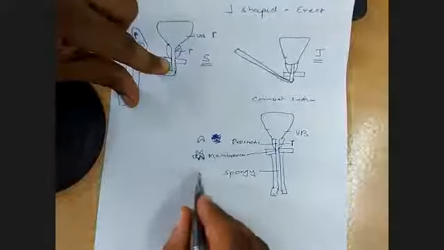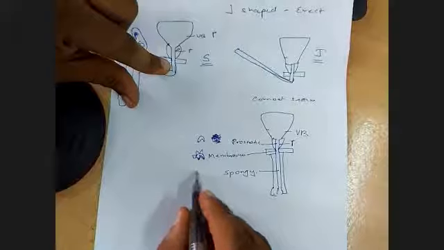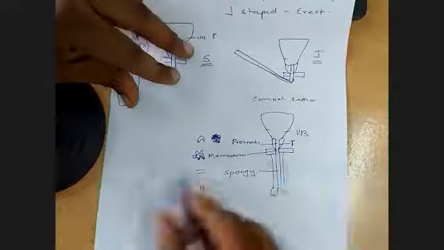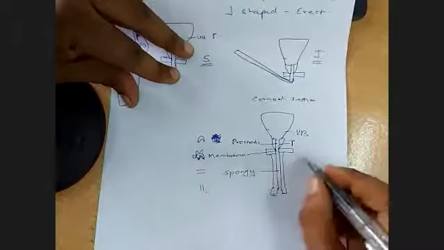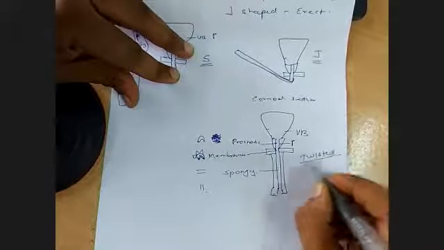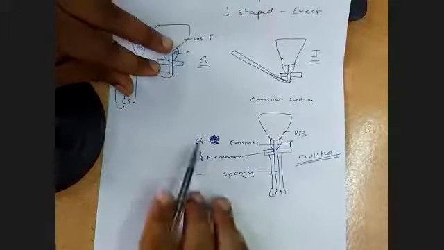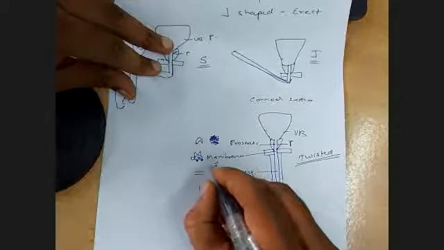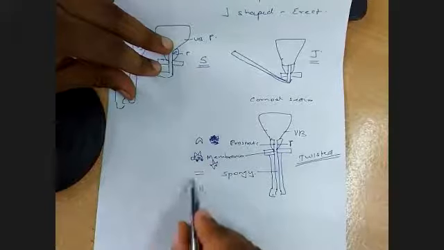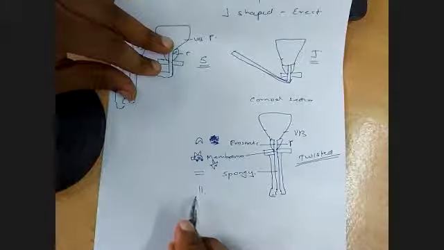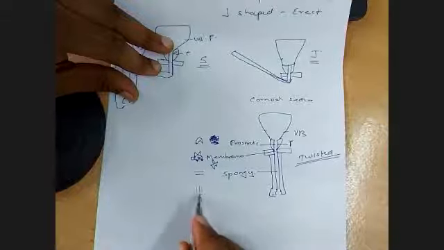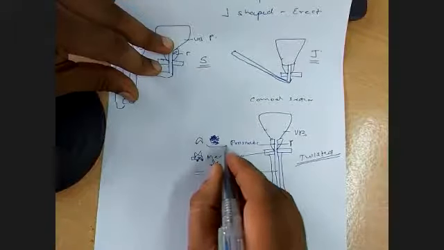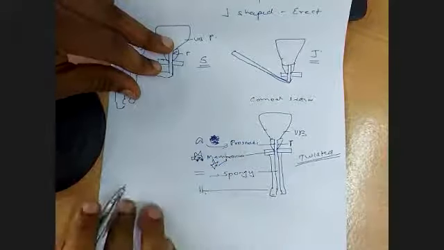Spongy urethra is a horizontal slit, and towards the end it is a vertical slit, and therefore the urine appears to be twisted in case of males. The urine passes through the prostatic urethra, which is semilunar in shape, the membranous urethra which has a shape like a star, the spongy urethra which is a horizontal slit, and the terminal part of the urethra which is a vertical slit. So vertical slit here, membranous is like this, prostatic is like this, and therefore the urine appears to be twisted.